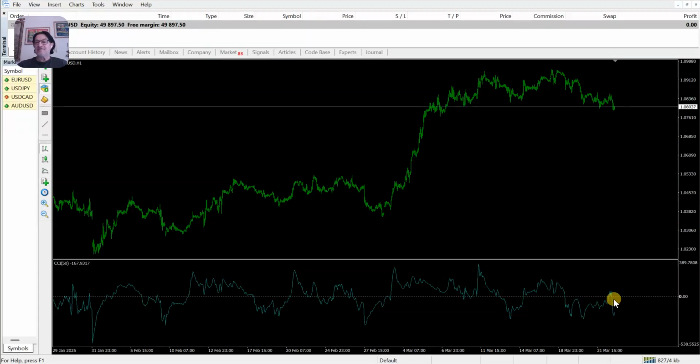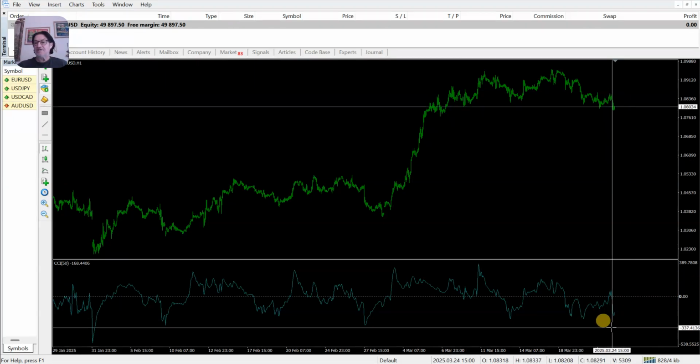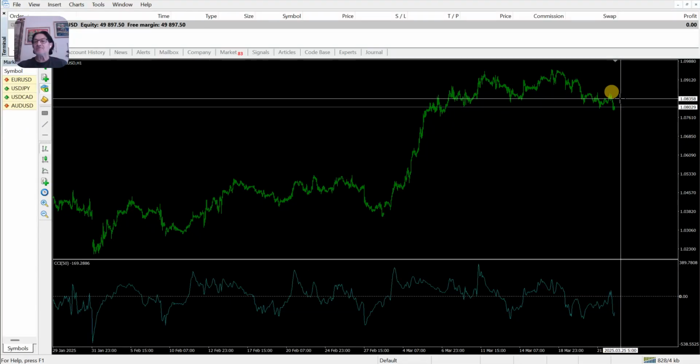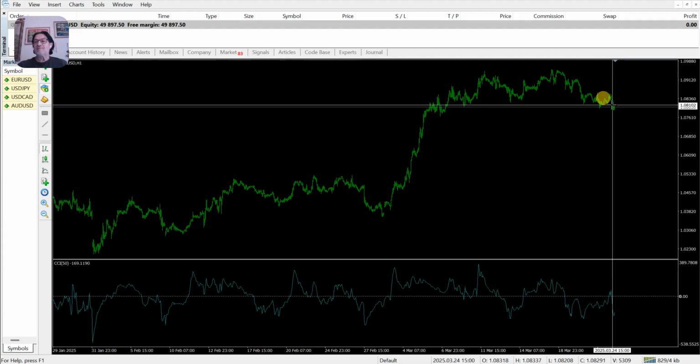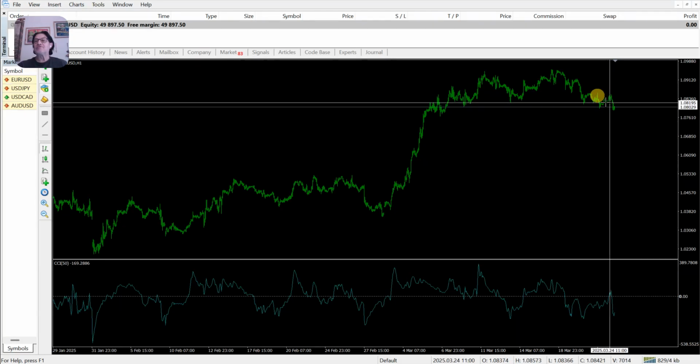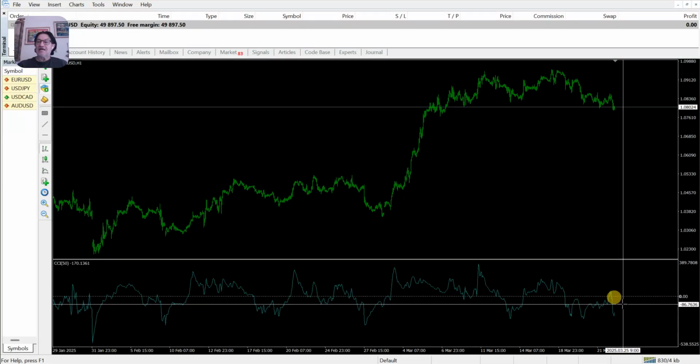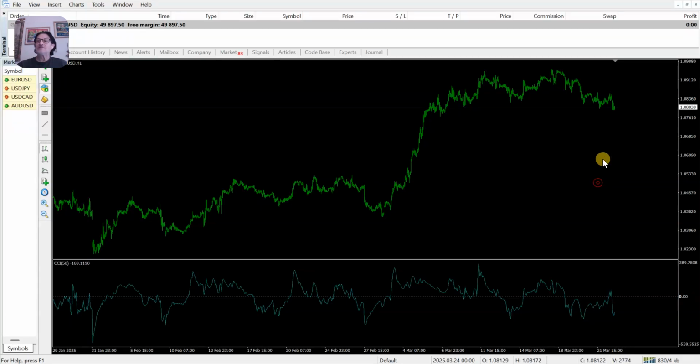Well, in this case, let me put the crosshairs by the way, easier to see. The CCI has dipped below, and at this point, I would have taken a sell position right at this level, about right here, which matches with my CCI dipping below the zero right there. So the problem is, for now, the CCI has already made a serious move below, so I'm not going to enter, because there is a chance that not only is it already slightly retracing, but it may completely retrace above the zero.